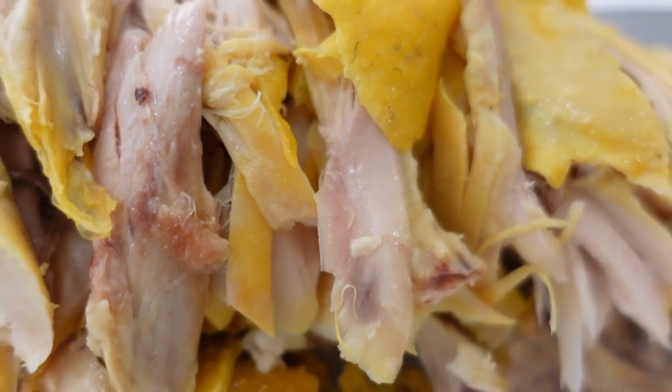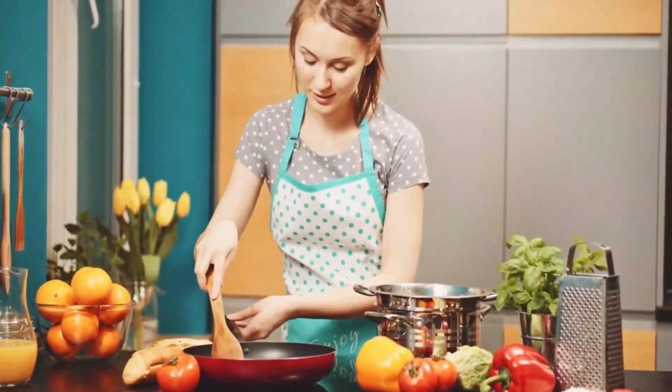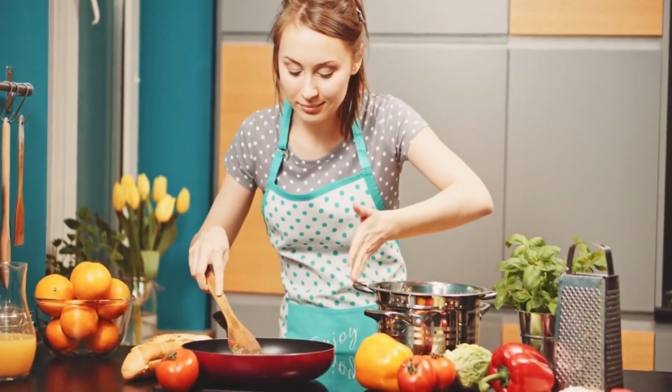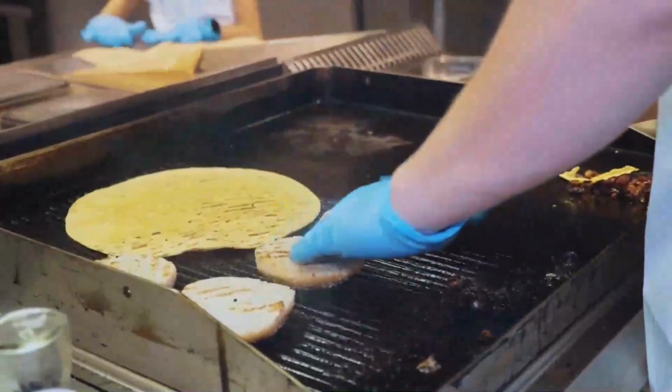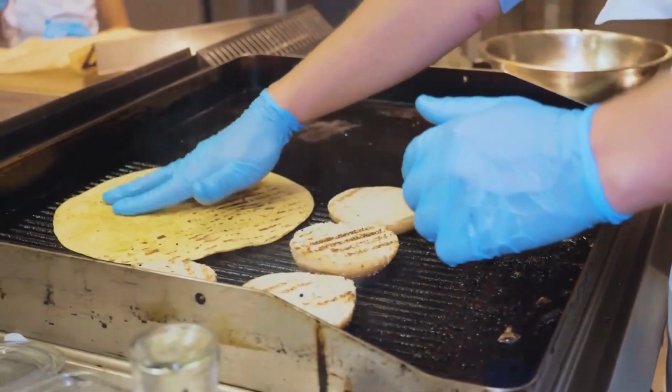Allow the chicken to marinate for at least 30 minutes to infuse the flavors. In a hot skillet, cook the marinated chicken until it is cooked through and slightly charred. Warm up pita bread. Then assemble the gyros by spreading a generous amount of tzatziki sauce on the pita, followed